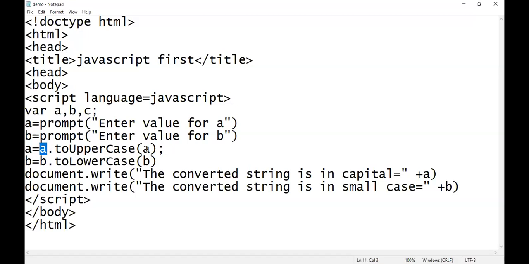A.toUpperCase or B.toLowerCase. If you don't write this, then also you will get output. We will check it. I'm not writing over here. I remove that A dot and B dot and I'm checking the output.